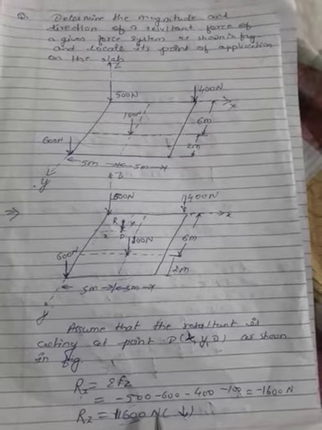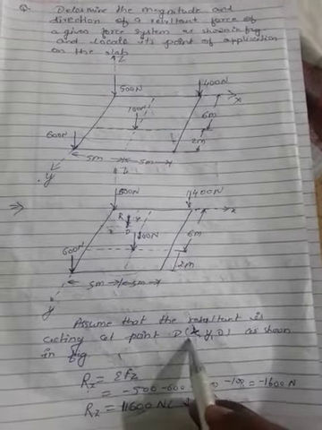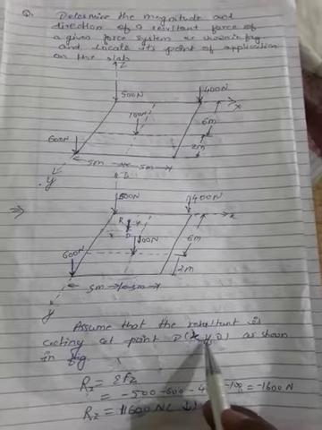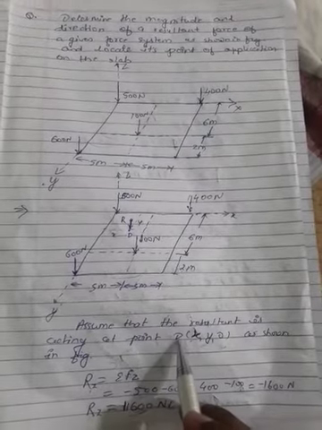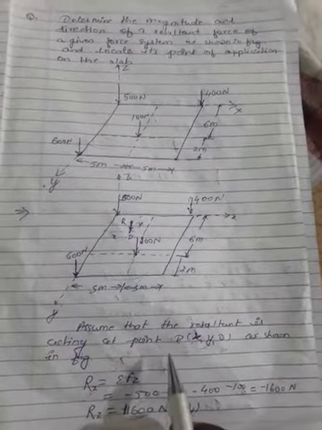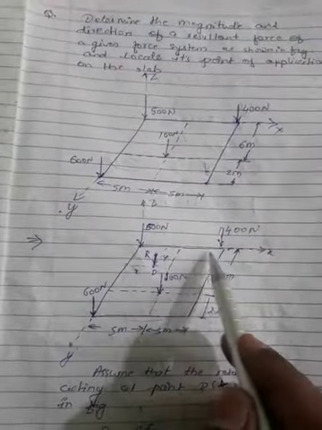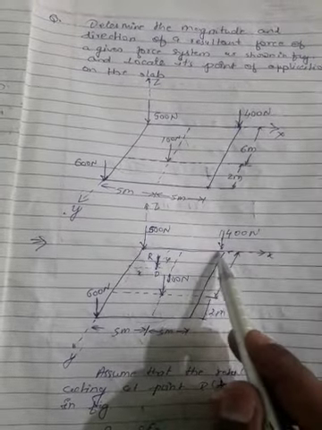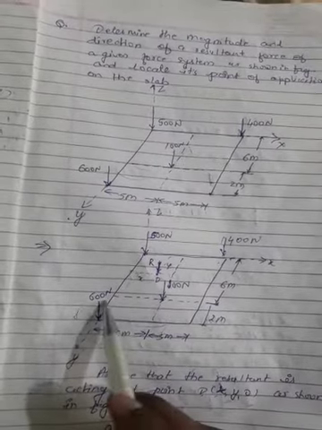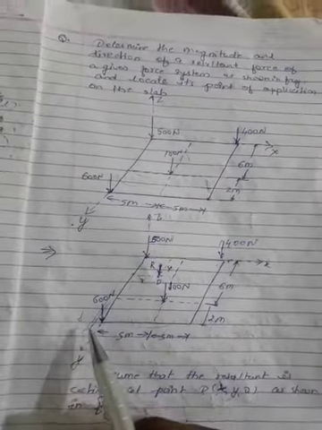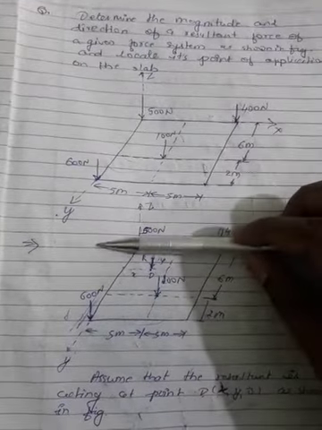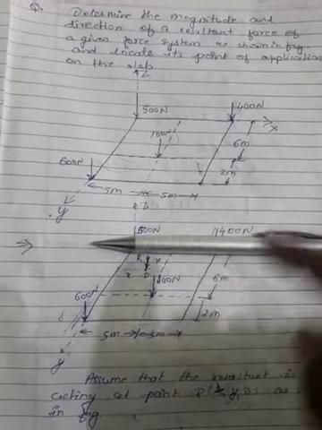Now I want to calculate its point of application, meaning I want to calculate the x, y distance of this resultant, which is acting at point D, which I have considered. For that I am taking the moment. To calculate the y coordinate I am taking the moment about x axis. To calculate the x coordinate, I am taking the moment about y axis. To take the moment about an axis, I am just keeping the pen here. You can keep your hand here and take the moment of forces.